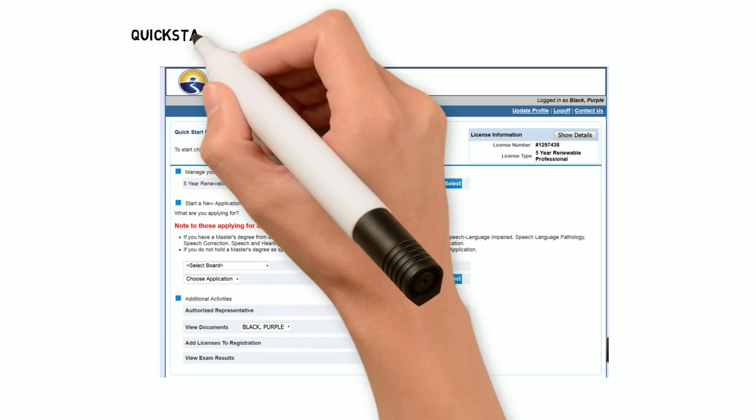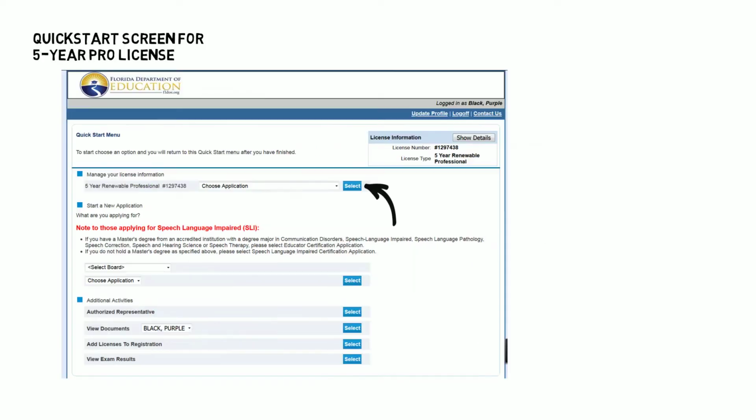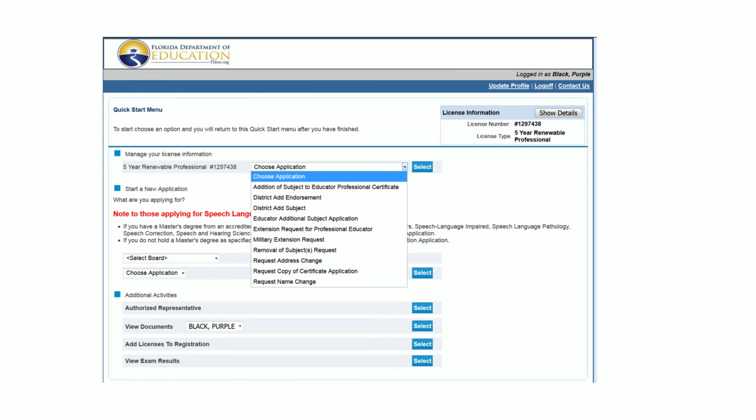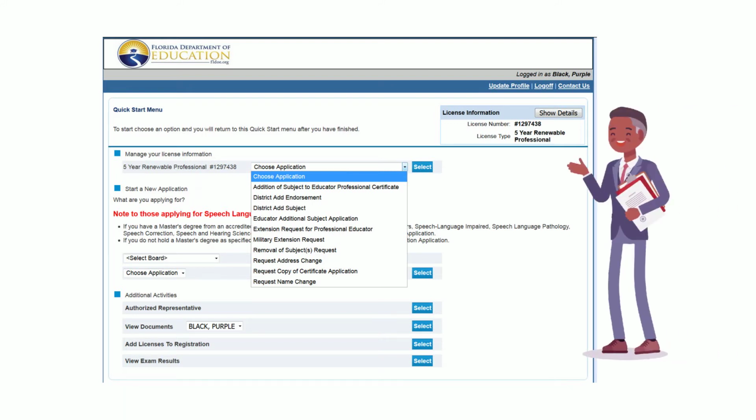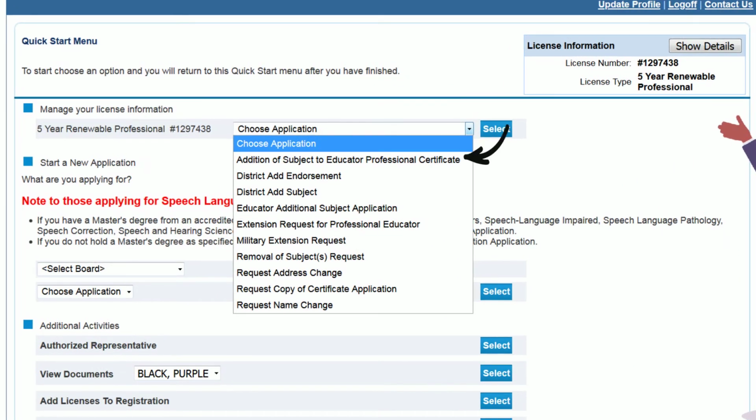After logging in, you'll see the Quick Start menu. Open the drop-down under Manage Your License Information to choose the type of edition you want to make. If you hold a 5-year professional certificate, you'll see 3 types of editions. Addition of Subject to Educator Professional Certificate, which can be used both for subjects and endorsements, District Add Endorsement, and